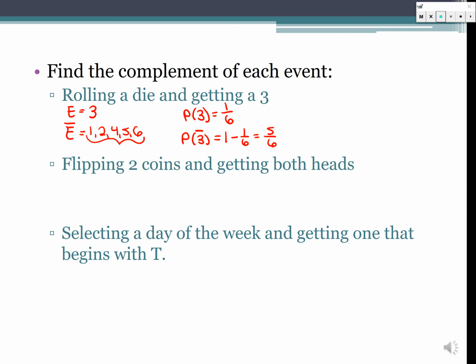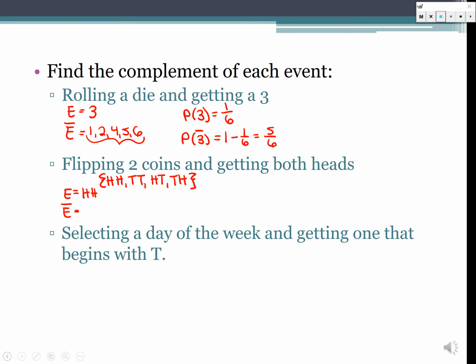So if you flip 2 coins, and we did do the sample space of 2 coins. I know it's on the other side of your sheet. So here's the sample space. They could both be heads, both be tails, head, tail, tail, head. Those are the outcomes when you flip 2 coins. So if my event is 2 heads, the complement of that